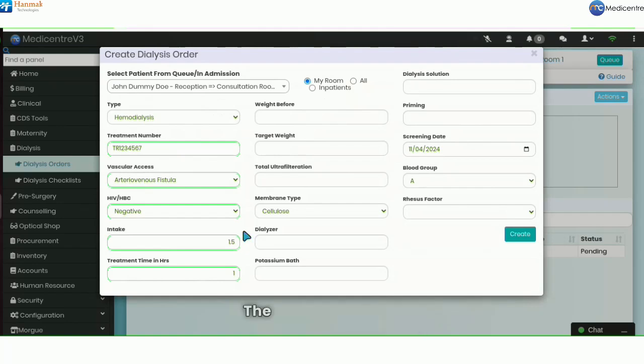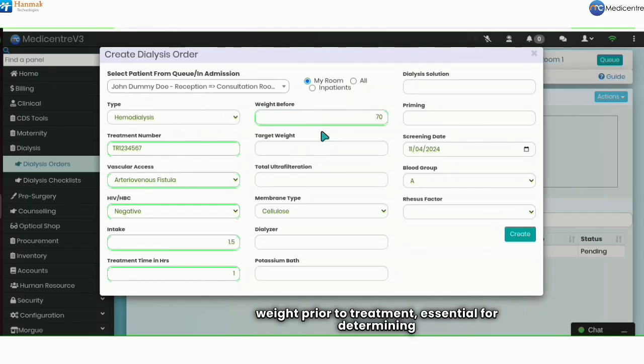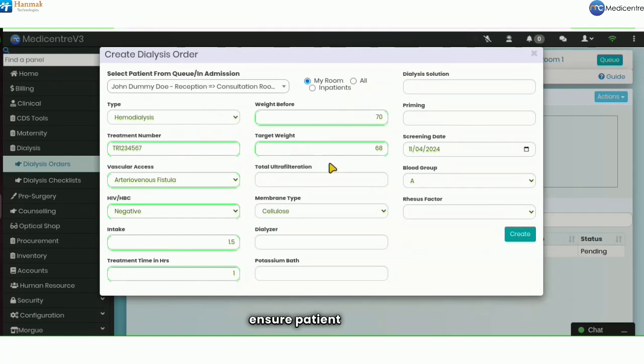for patient care. The Wait Before field records the patient's weight prior to treatment, essential for determining ultrafiltration and evaluating fluid status. Similarly, the Target Wait establishes the desired weight after dialysis, guiding fluid removal to ensure patient safety during the session. Input total ultrafiltration, which indicates the total volume of fluid to be removed, ensuring precise control over fluid